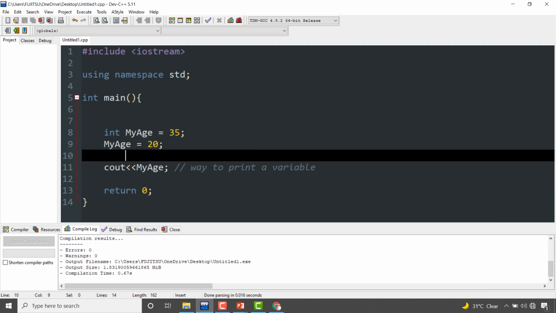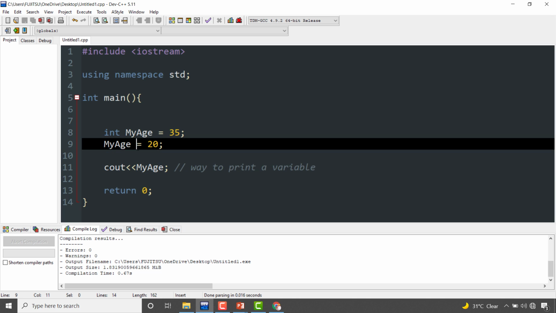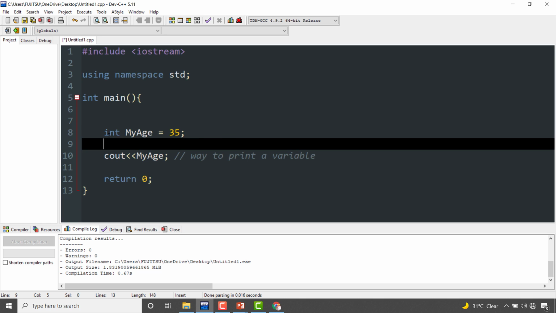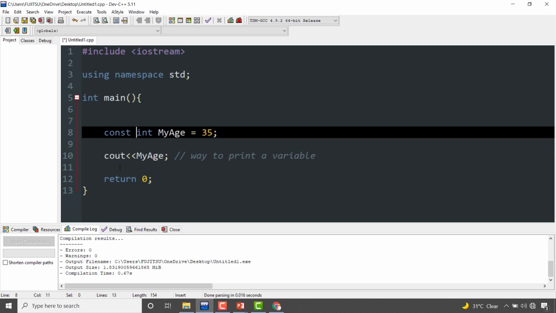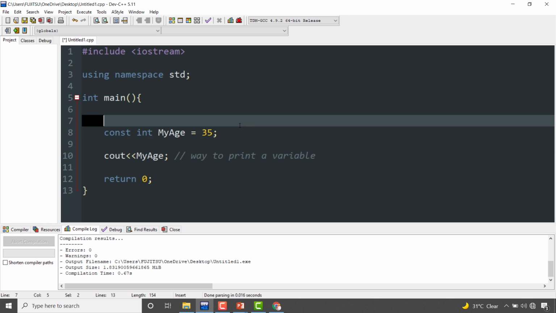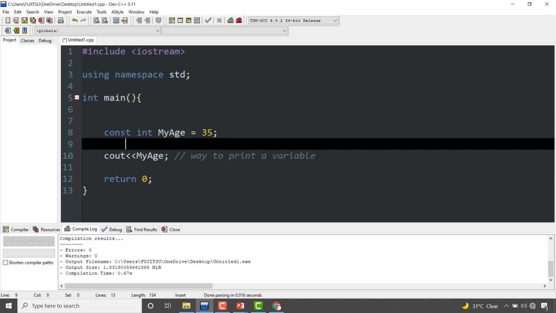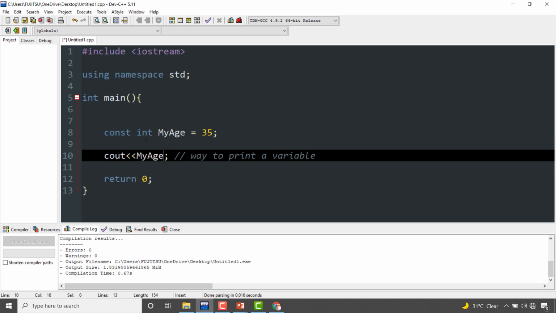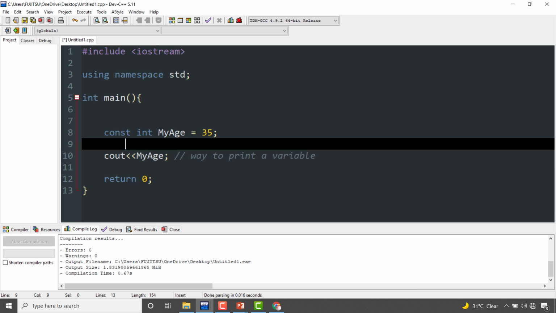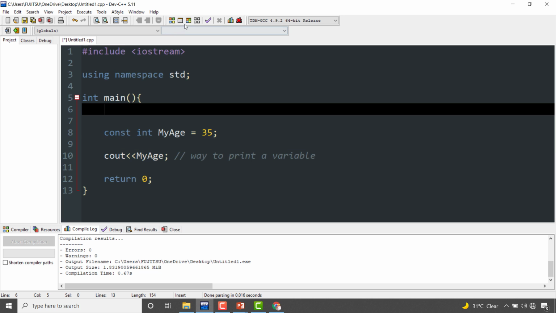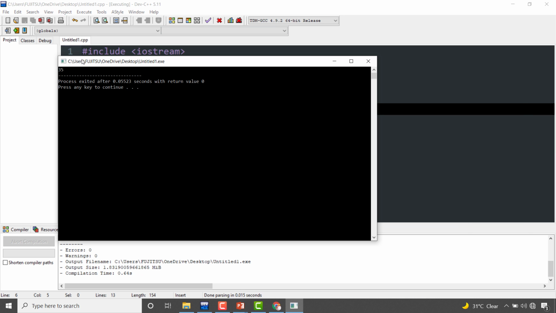But if I want to make this variable constant, so its value will not change, this is the way to declare a constant variable. You have to write const before the data type of the variable. So this variable has become constant and we will give the value 35. Now its value will not change. It's showing 35,